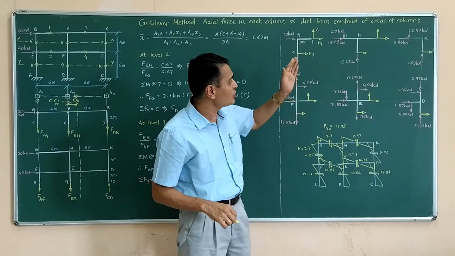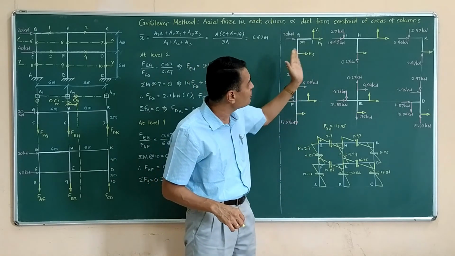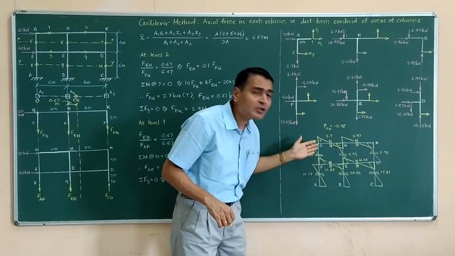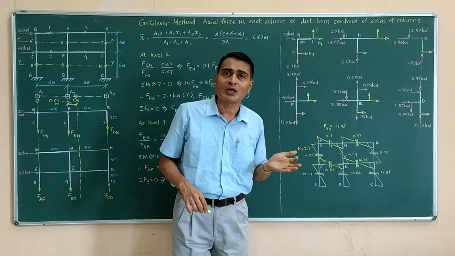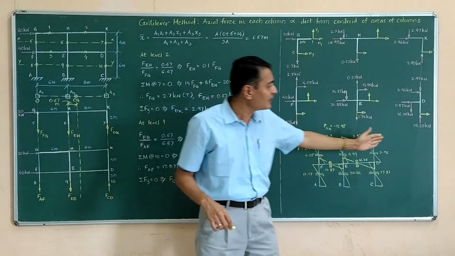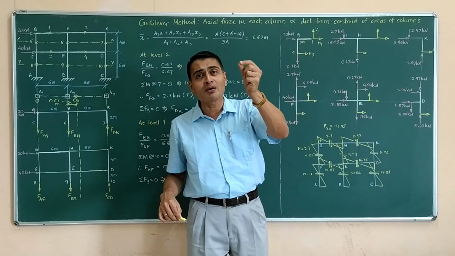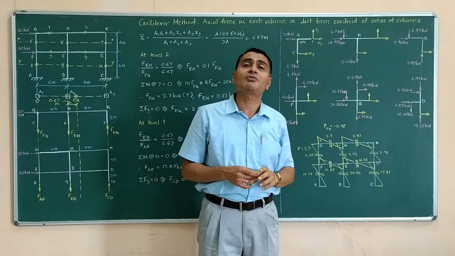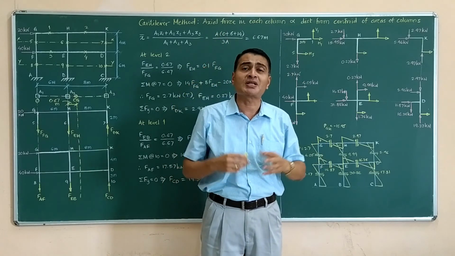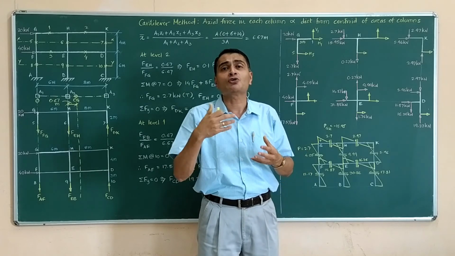Likewise, if the force is pulling, you write tension as positive. If the force is pushing, you write compression as negative. You can write all the axial force values. If you find it tough writing here, then you can create another additional table. You can just write member and forces the way we used to do in trusses in first year engineering mechanics. Very simple. F of AB, F of BC, F of CD, so on and so forth.